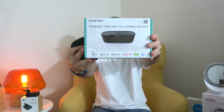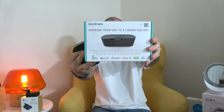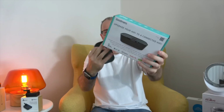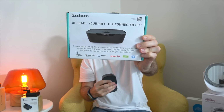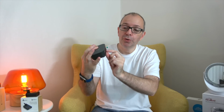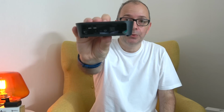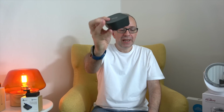You'll see there it lists across the bottom that it supports tune-in radio or all-play radio, Spotify, Napster, Soma FM, All-PO. I'm not sure what the last icon is. If you know what that icon is, let me know in the comments section below. It's got very, very easy installation. On the back it's got an optical input and also an audio output, and the DC input for the little micro USB there. Power button on the top,